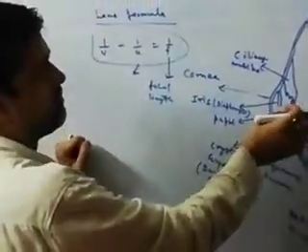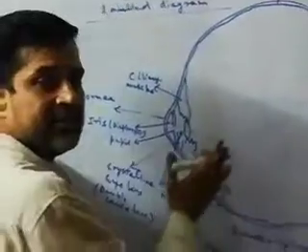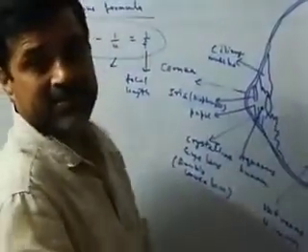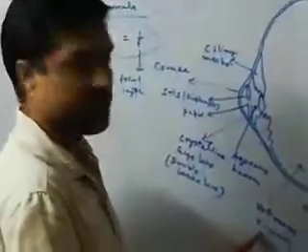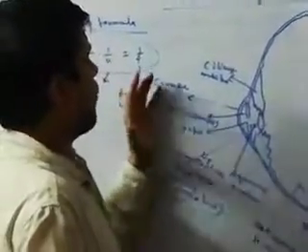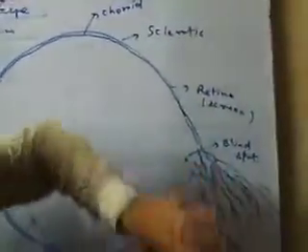So aqueous humor is present. Here it is not vacant. It is also filled with semi-jelly type of liquid called vitreous humor. All these small vitreous humor, aqueous humor, cornea, iris, pupil system, ciliary muscles, retina, optic nerves, all this